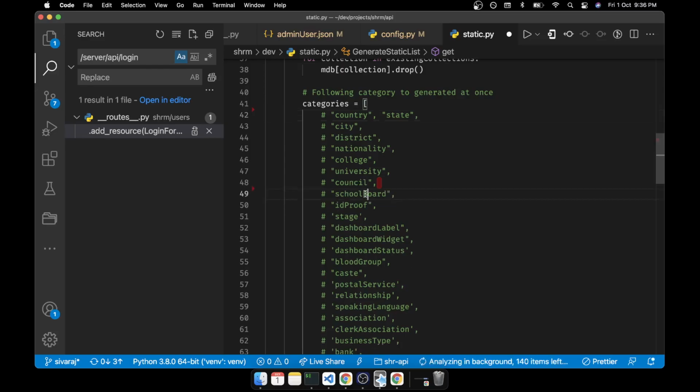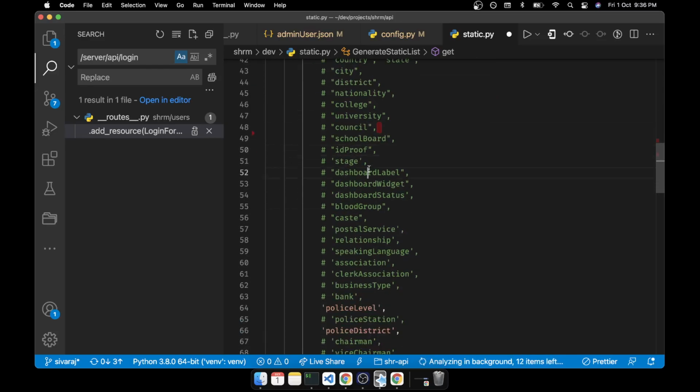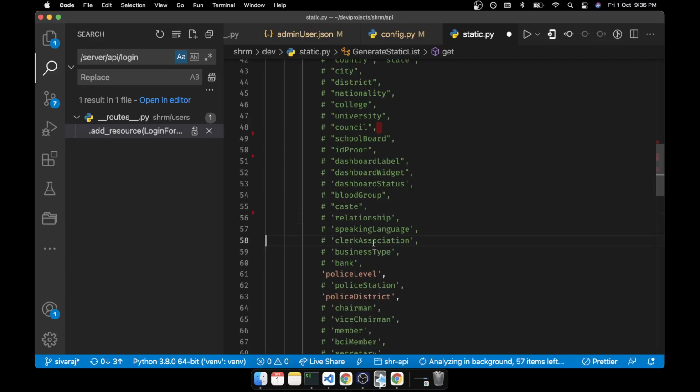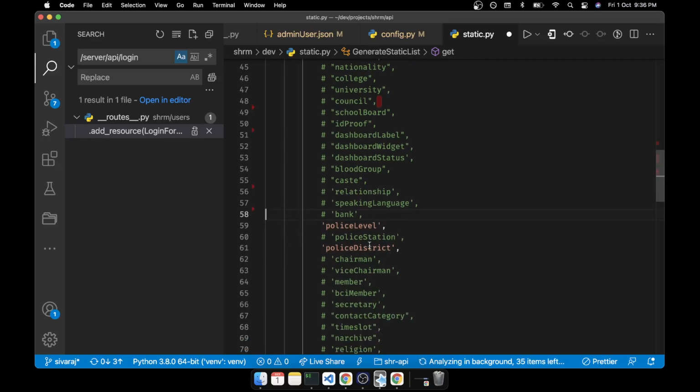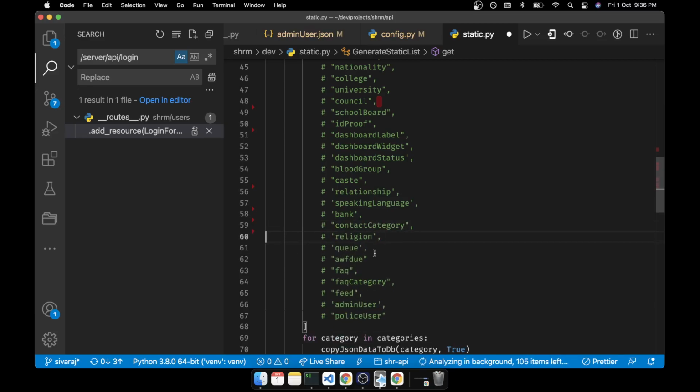Newspaper we don't need, school board might be, ID proof, stage might not need, blood group might need, caste, police service we don't need, association, clerk association, business type, bank might need, chairman, vice chairman, member, secretary, contact category might need, time slot, archive. Religion, I don't need. Queue, don't need.